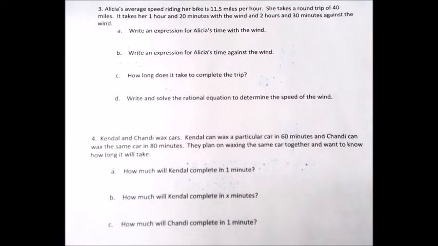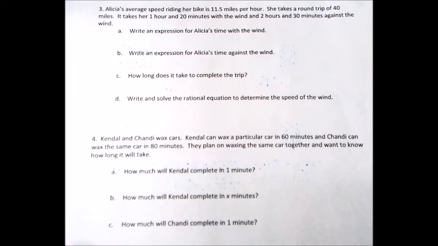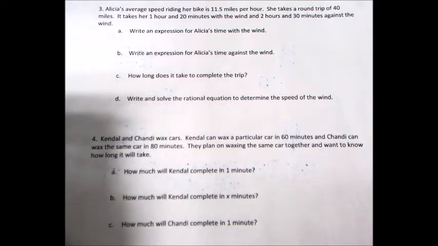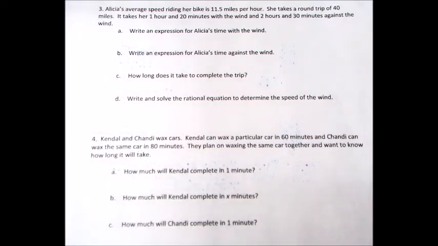Alicia's average speed riding her bike is 11.5 miles per hour. She takes a road trip of 40 miles. It takes her 1 hour and 20 minutes with the wind and 2 hours and 30 minutes against the wind. We need to write an expression for Alicia's time with the wind. So we're going to say that X is the speed of the wind. And if she takes a round trip of 40 miles, that means that only half of that is going to be with the wind because the other half would be against the wind. So the whole 20 miles